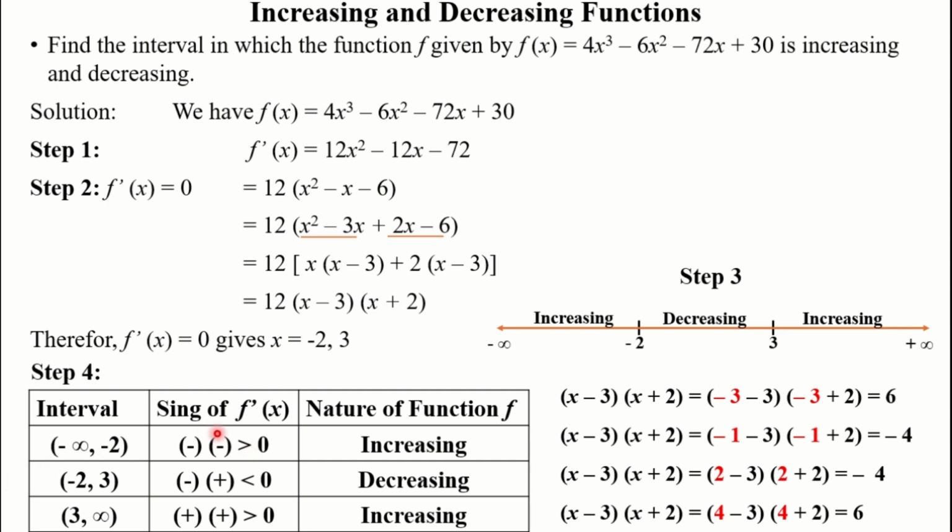In fourth step, we have to check in which interval function is increasing and decreasing. For that purpose, we have to put the values of x in between that interval. We see the first interval is minus infinity to minus 2. The value between this interval is minus 3. When I put this minus 3 in f dash x, we will get 12 into minus 3 minus 3 into minus 3 plus 2, that is 6, which is greater than 0, means